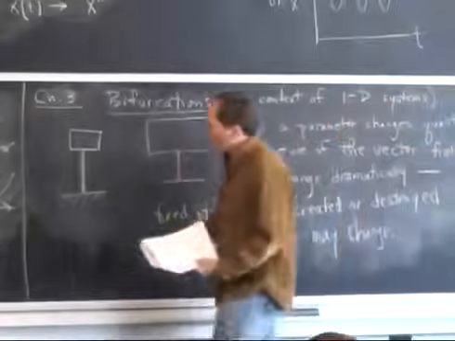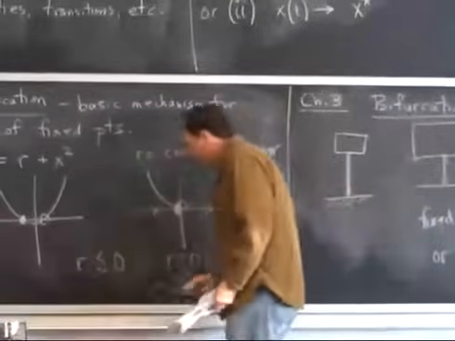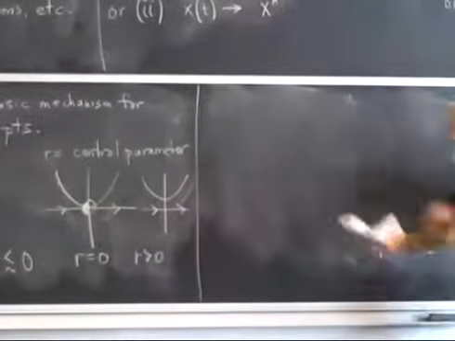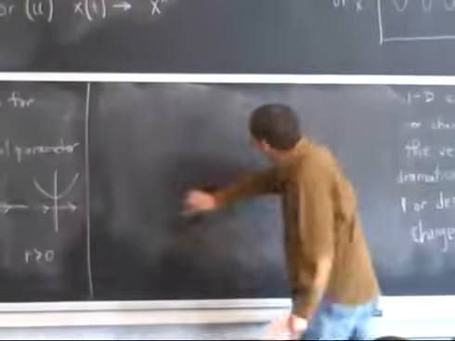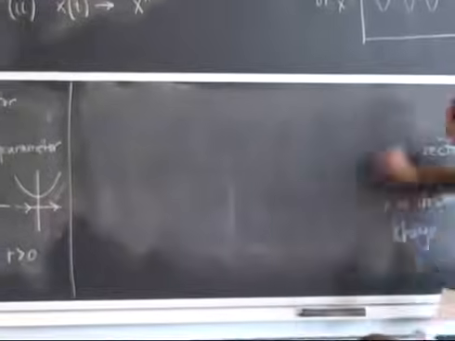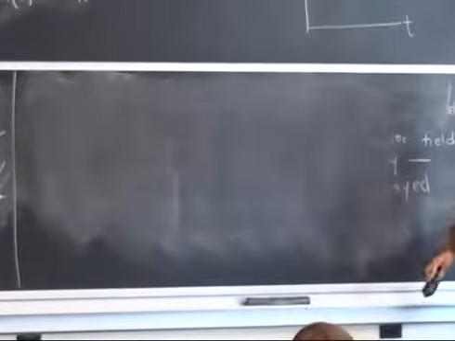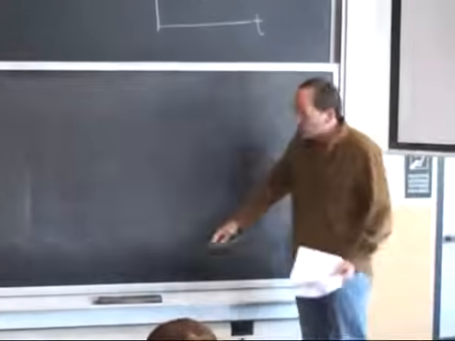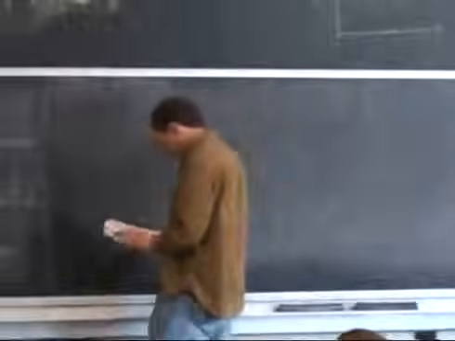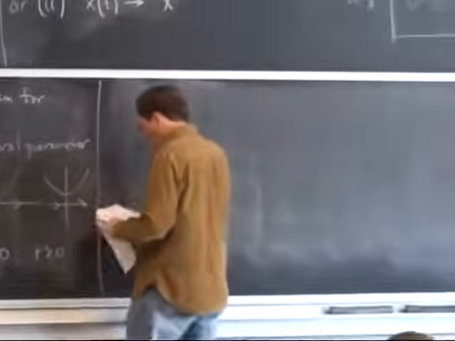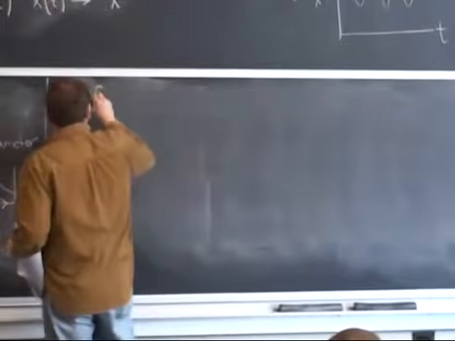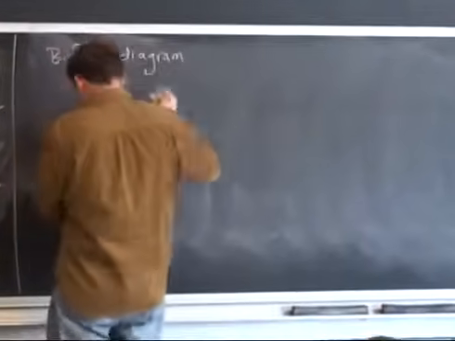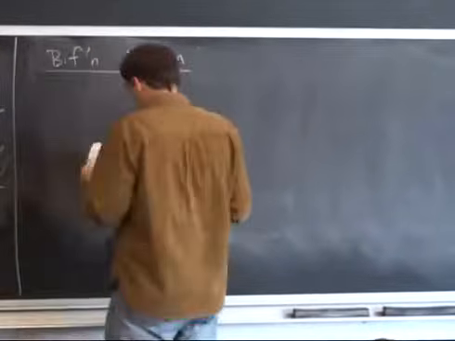OK, so that was the saddle node bifurcation. And there's a standard way of representing it. You could show the sequence of pictures, but there's a little diagram that everyone draws, called the bifurcation diagram, that encodes all of this in one picture. So a bifurcation diagram would be something like